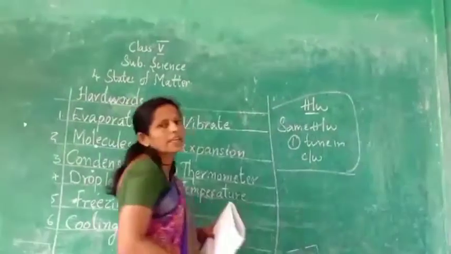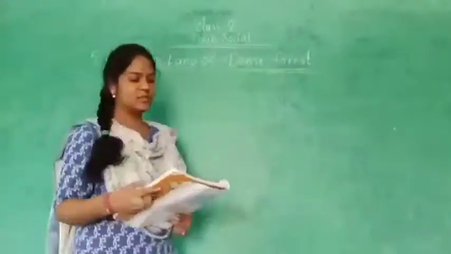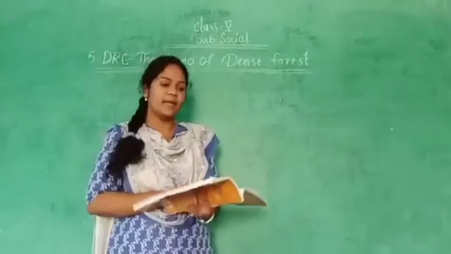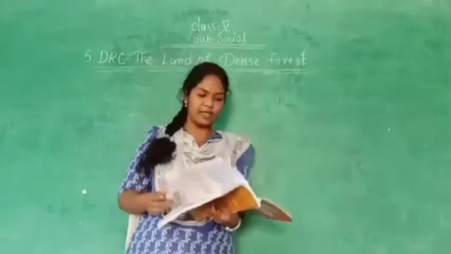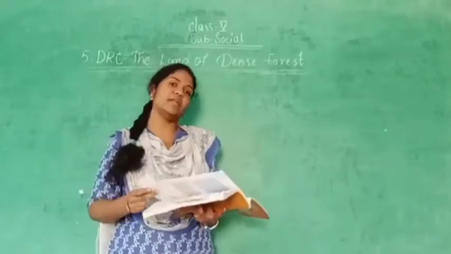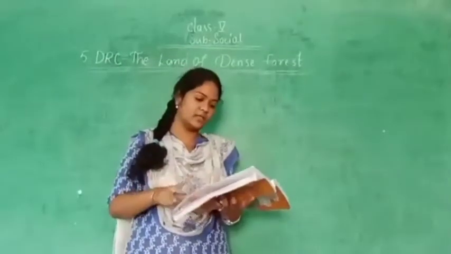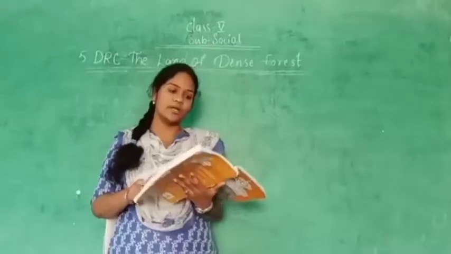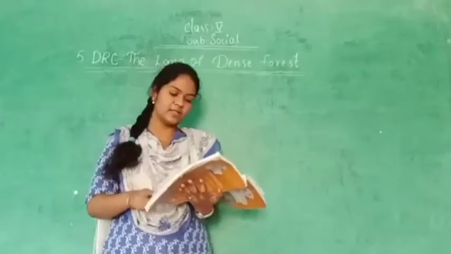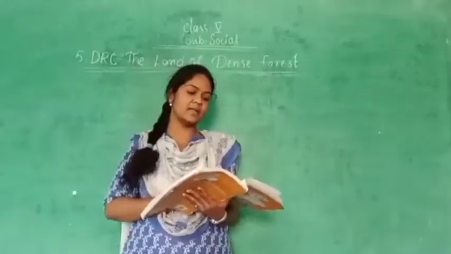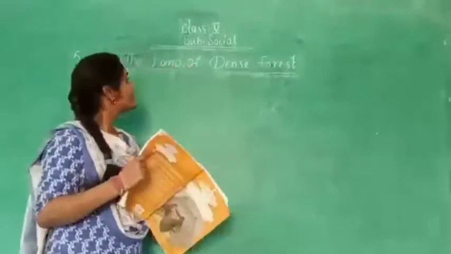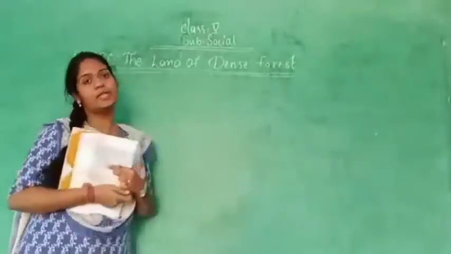Okay? Thank you, children. Good morning, ma. Up to now we have completed a total of 4 lessons. What is our last lesson? That is climate. So we learned about the different climates on the earth, right? We learned about the torrid zone, temperate zone, frigid zone, and also the factors that are affecting the climate on earth.